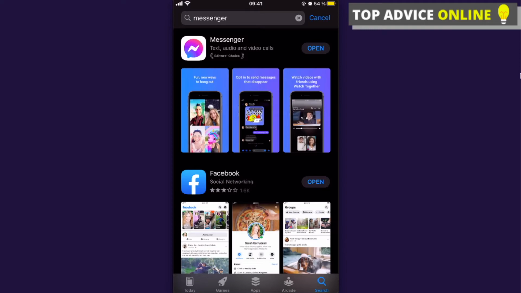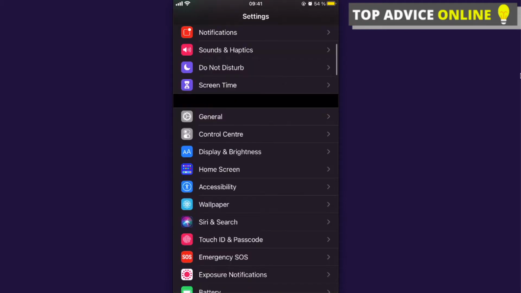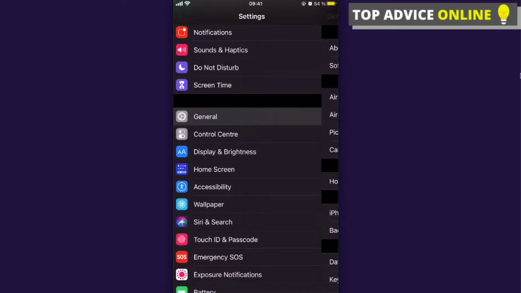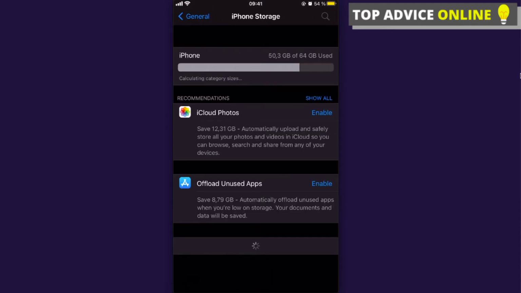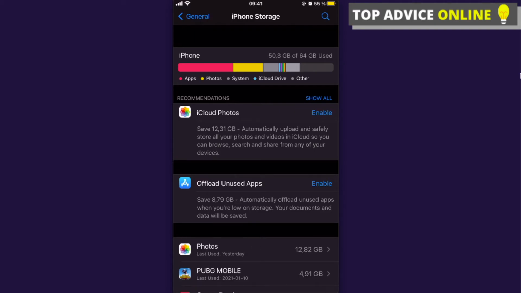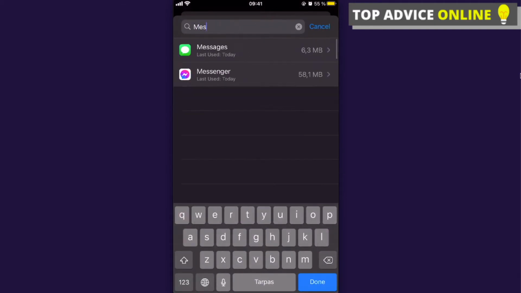But if it doesn't show that, another thing you can do, and it might help fix nicknames and bugs on Messenger, is go to your phone's settings, click on General and iPhone Storage, and here you can see all of the apps you are using. So you're just going to search for Messenger,